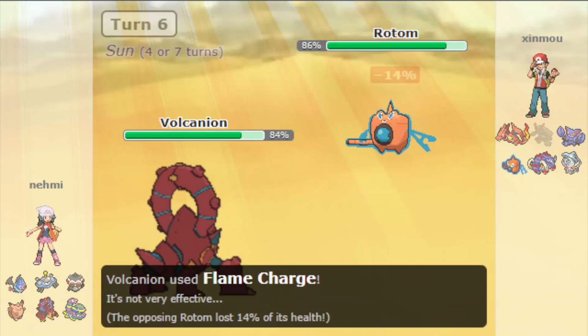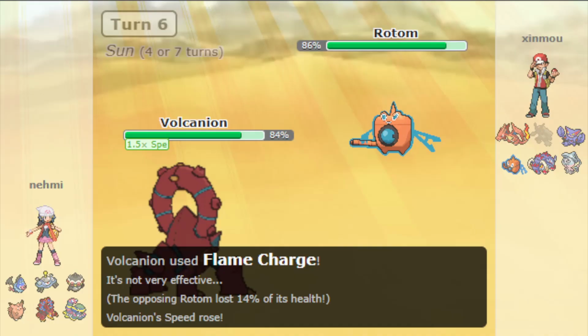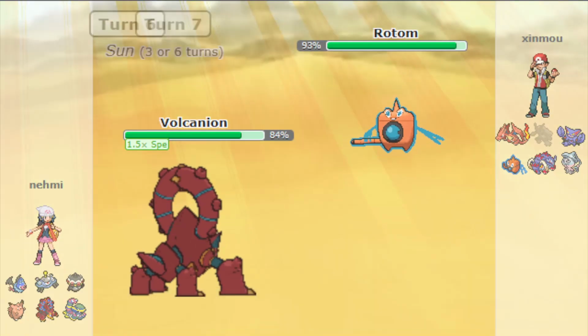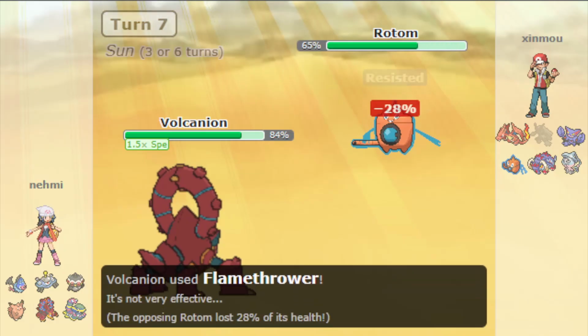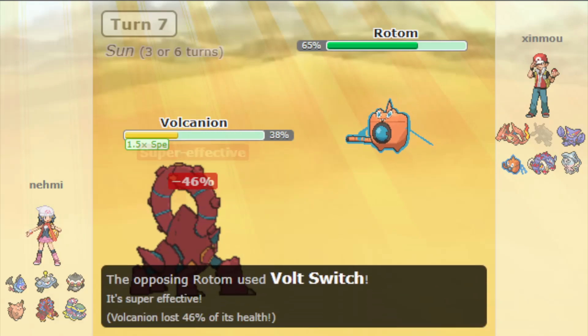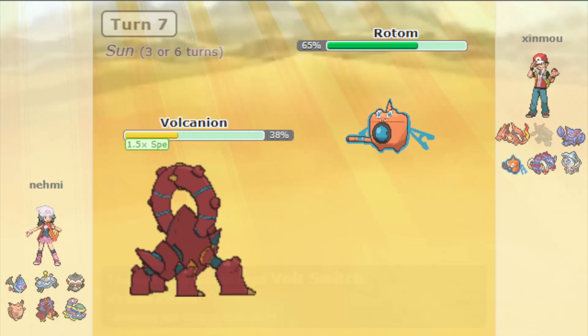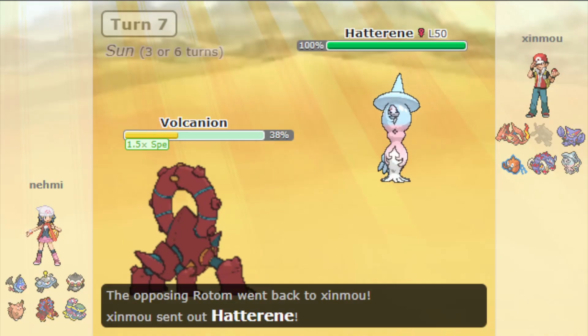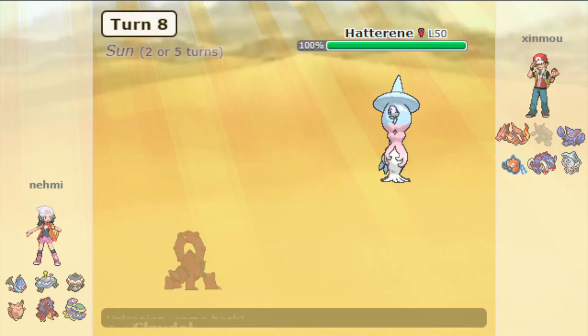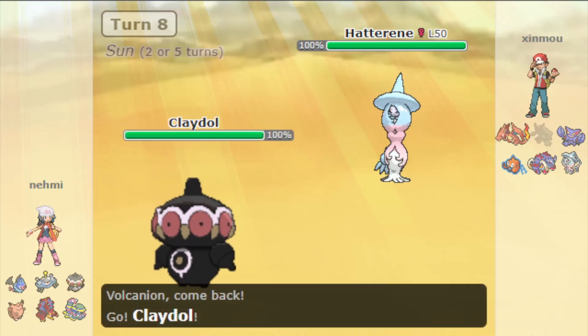But I want to try and set up this Volcanion with a bunch of speed so I can just do some crazy damage and take some special hits. Just like this, I can take a Volt Switch pretty well. Not the best of shape, but I know that I'm under the sun, so I might as well start either setting something up or using a Flamethrower, and I decide, let me just go into my Claydol over here,